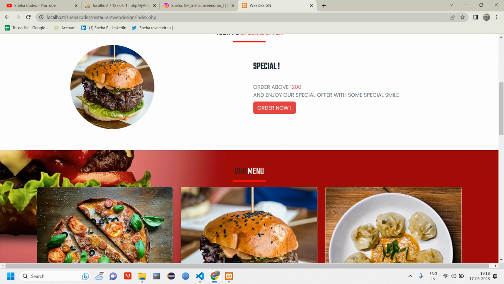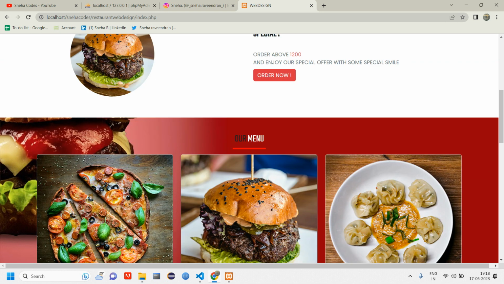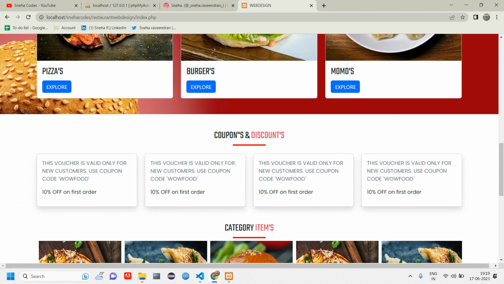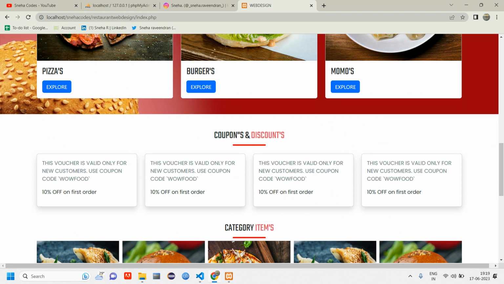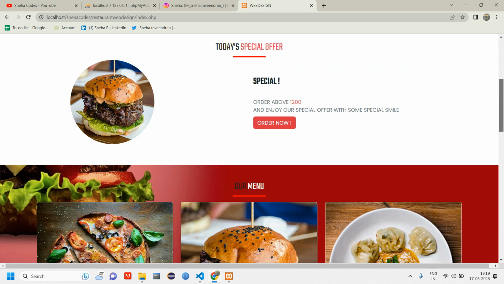And the next thing, we have the menu part. So here if you check the menu, we have a background image, and then when you scroll down you have coupons and discounts. So this is a section where we'll display all the current offers. This you can also do in a different way, but this is a simple way, so we'll design this. So here we have completed